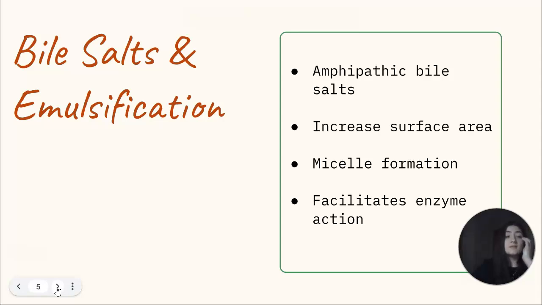So next, because bile salts and emulsification play such a huge role, at least I think they play such a huge role in fat digestion and absorption, I wanted to give them their own slide to talk about why they're important. So bile salts play a crucial role in fat digestion because bile salts are amphipathic. This allows them to interact with both fat and water, which are both in the body at the same